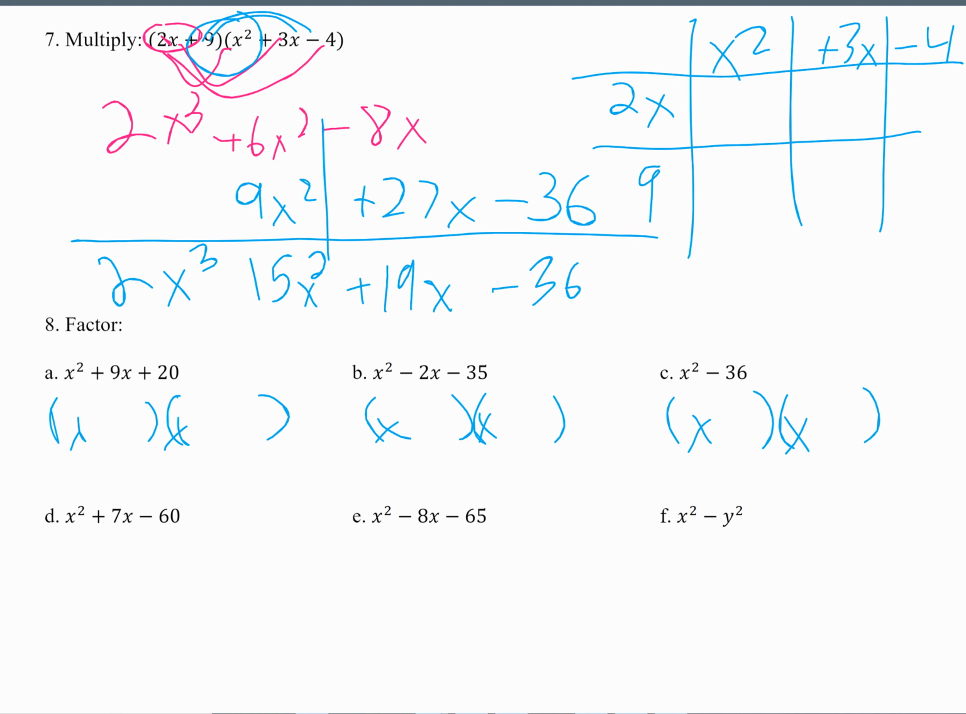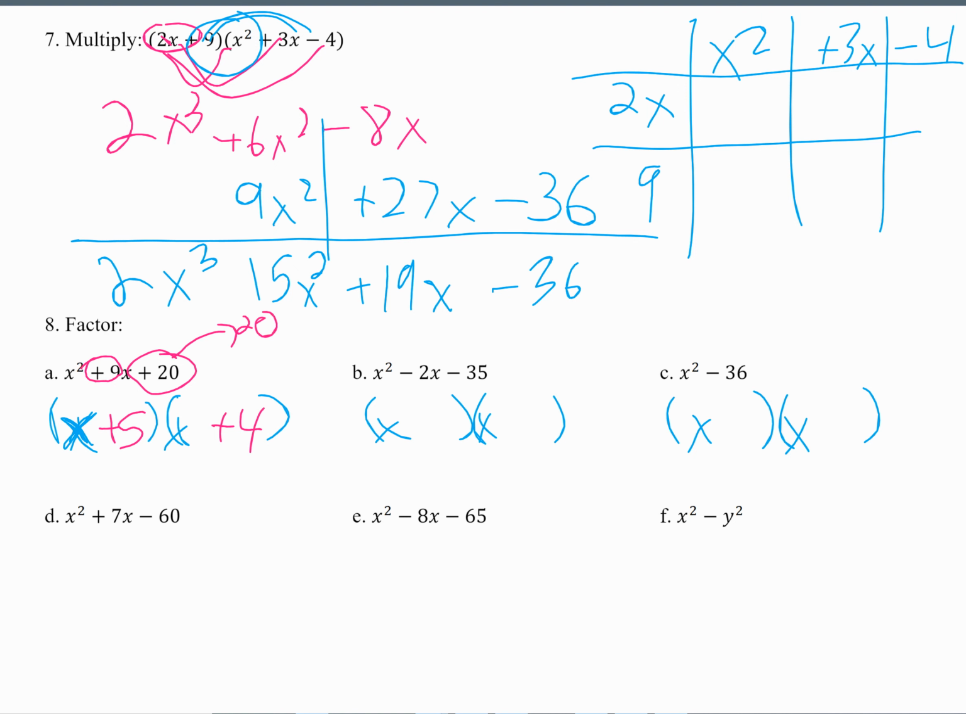The only thing you have to do to start is figure out, okay, what do I do with the signs here? This is a positive 20. The numbers will make positive 20. So I've got to either have a double negative or a double positive. But they're going to add up to positive 9. So they're both positive. 5 and 4 add up to 9. Some people do it this way. They write the